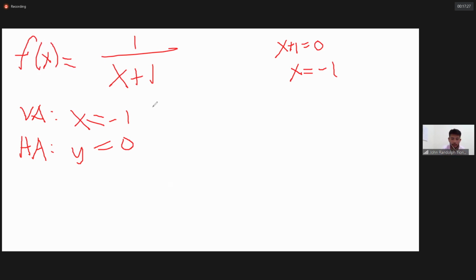So again, wala tayong mahanap dito na slant or oblique or hole sa graph natin. Not unless depende yan sa equation kung merong present yan. So yan, nakukuha na natin yung ating vertical asymptote and horizontal asymptote. How about,